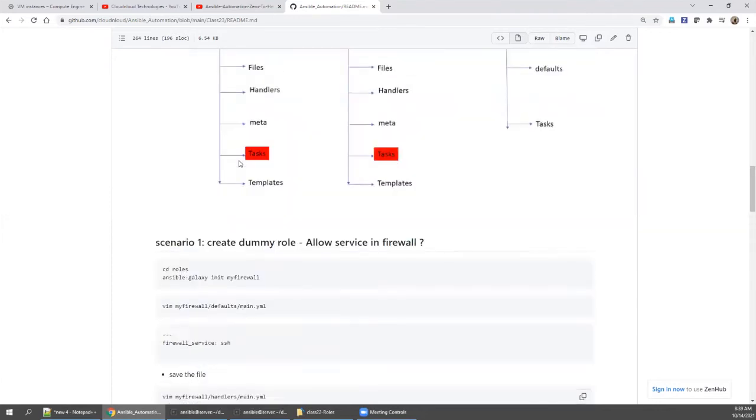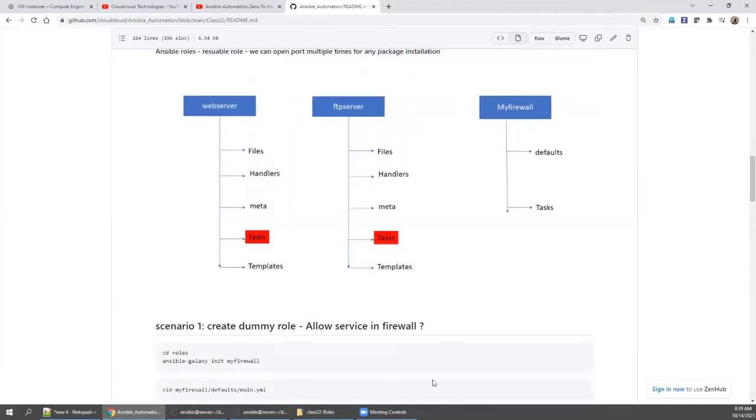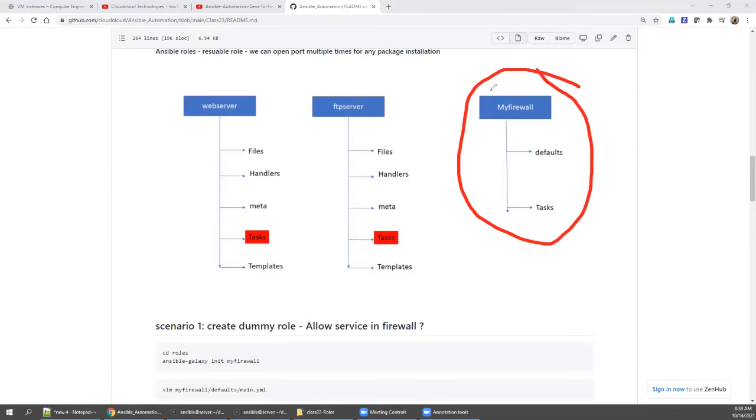As per this diagram, we created this dummy, but now our approach is, whenever I build any server, there are 150 packages. For each package I need to have a service allowed, right? So for each role, say this is an HTTP role, then call this and open HTTP.